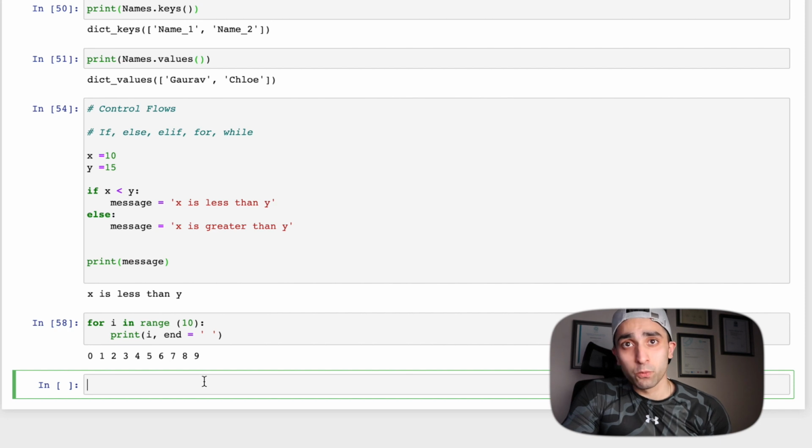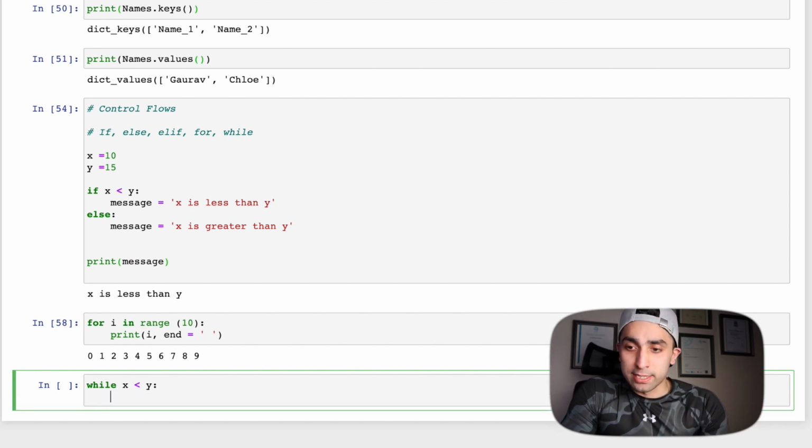Next we are going to look at the while loop. Within the while loop, I'm going to say while x is less than y, which in my example it is, because x is 10 and y is 15. So x is less than y. The operation is, once I click enter, it creates an indentation, and I will just say x plus